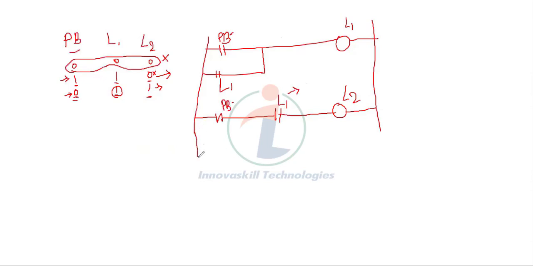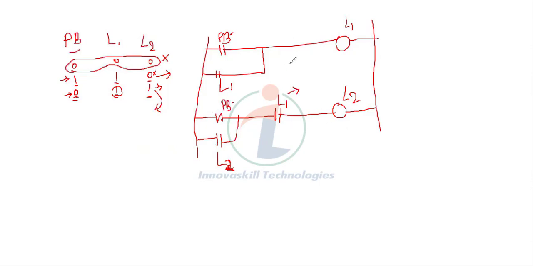Now since this is a push button, I'm latching the last L2 also. So even if you don't latch this also, there is no issue in this because L2 is the last condition. After L2, there is no other condition here. If there is any condition occurring here, we have to latch that also.